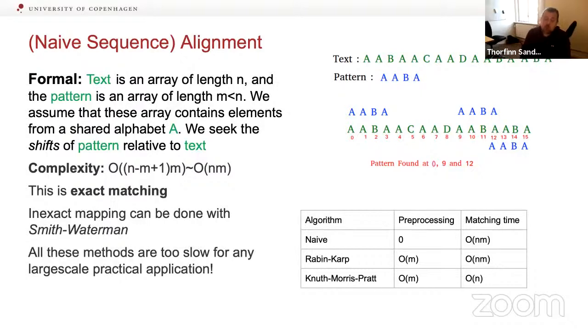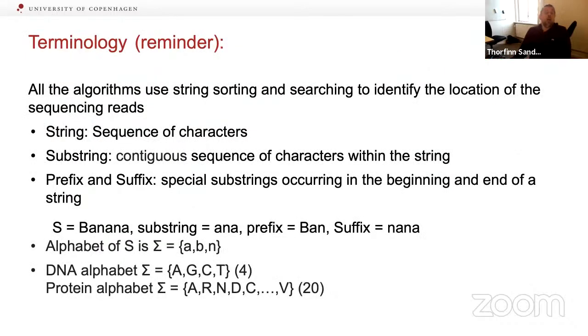They will talk about this associated with high throughput sequencing. So we need to do inexact matching, and this is where I talked about the Smith-Waterman approach. Here you're building a complete matrix that has the dimension of the length of your reference genome and your pattern. So that is also unrealistic to apply in practice. So this is the naive approach that we are doing. This is done for protein sequences also.